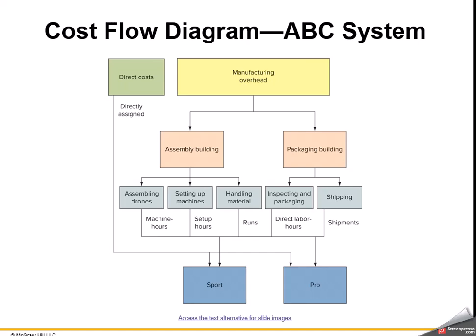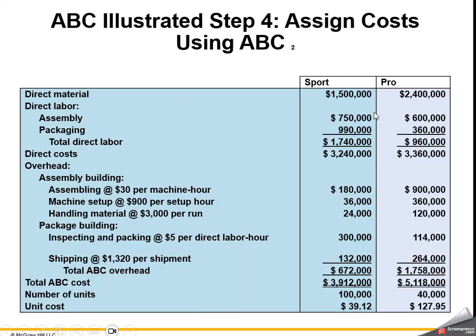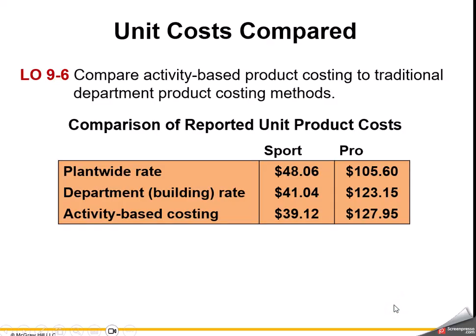And then here is just trying to show you that diagram about how these different activities are within this assembly building. These different activities are within the packaging building. And then these are the activity cost drivers. So then there it is all put together, and we come down and we can get to our unit cost,